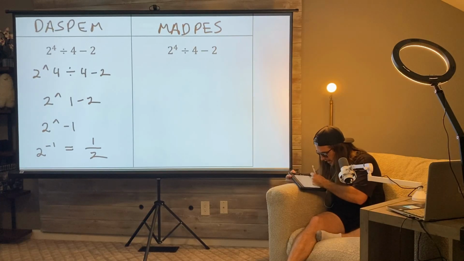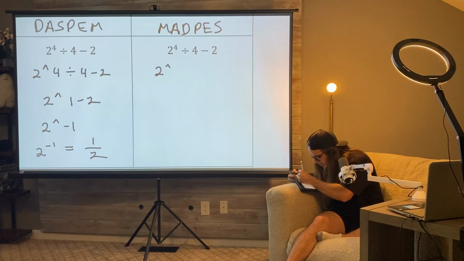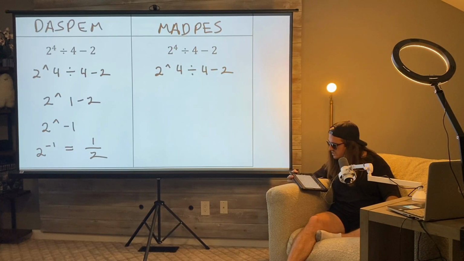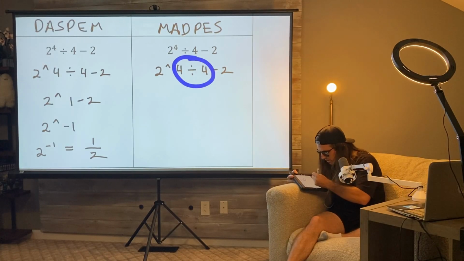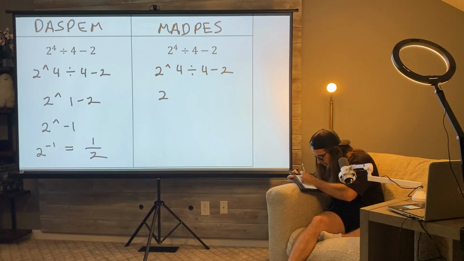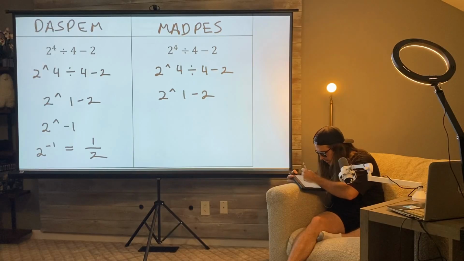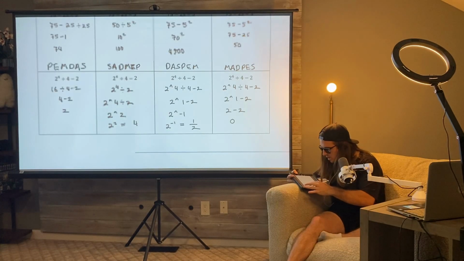And then lastly here, I'm going to rewrite it with the caret mark. Let's see here. Looks like division is first. So 4 divided by 4 is 1. So we have 2 to the first power minus 2. Then we need to use the exponent. 2 to the first is just 2. And then subtraction, which is 0. So, man,